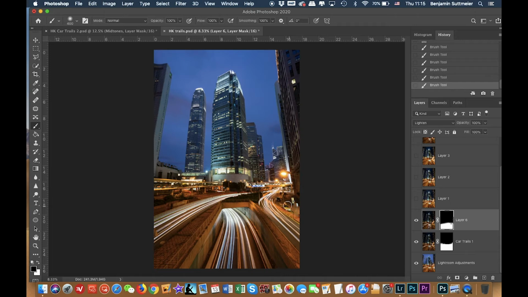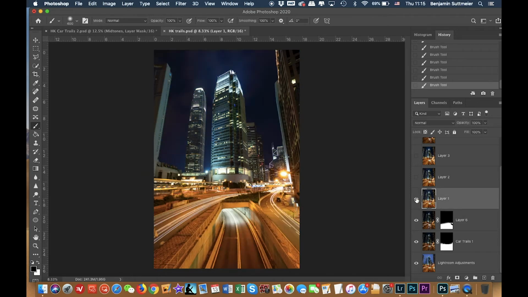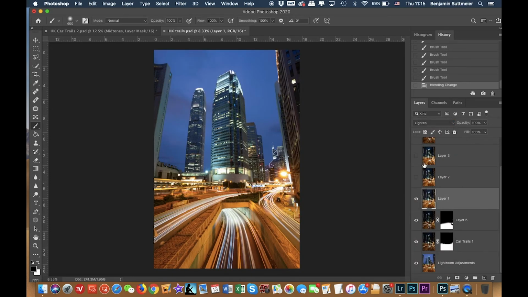We've got a little bit of the cars on this side, so I can go back to my black brush, and if I want to get rid of that, we'll see if it helps. I could turn this area off. Maybe I just think that's a bit distracting and I want to get rid of it. So let's go with that for now. Now we'll go to the next layer and do something really similar. So we'll turn this on, change our blending mode to lighten, and if we turn this off and on,